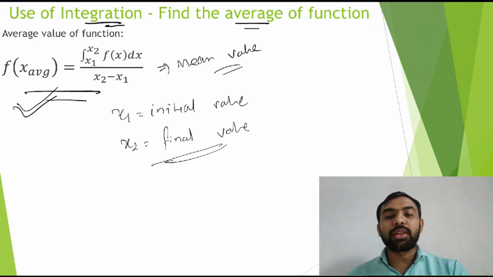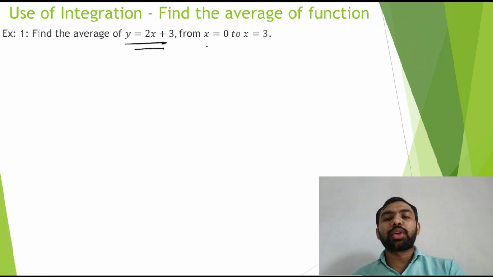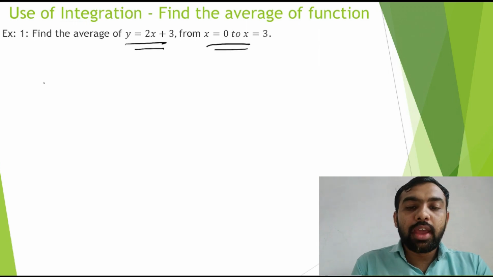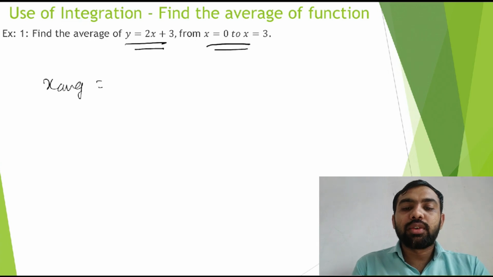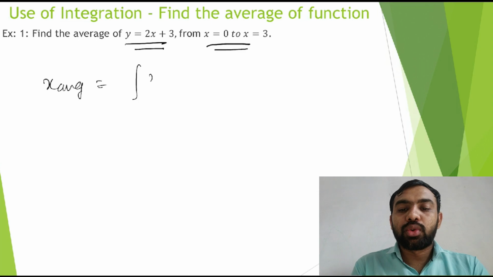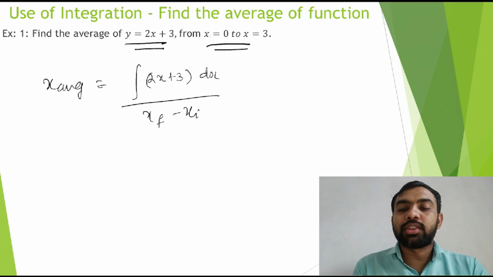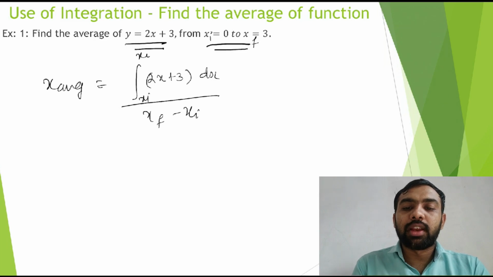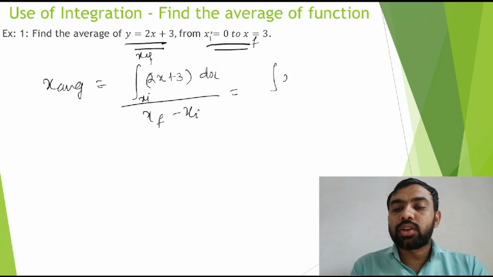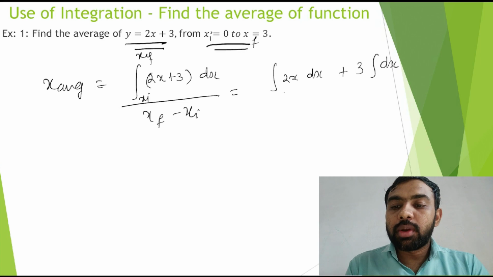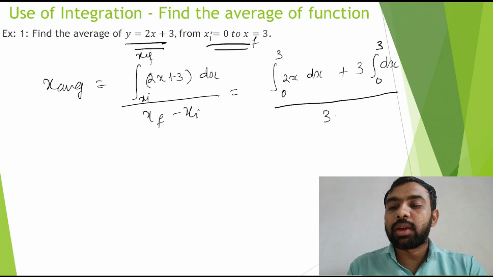Okay, let's discuss one example. Find the average of y is equal to 2x plus 3 from x is equal to 0 to 3. So x average is equal to integration f of x dx, so 2x plus 3 dx upon x final minus x initial. Here x initial is 0 and x final is 3. Let's put this whole value. So integration 2x dx plus 3 integration dx, meaning separate the summation, put limits 0 to 3, and in the denominator final minus initial, so 3 minus